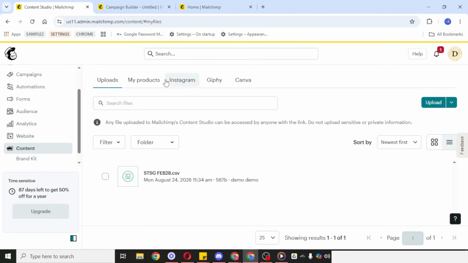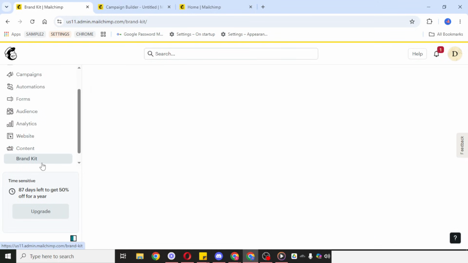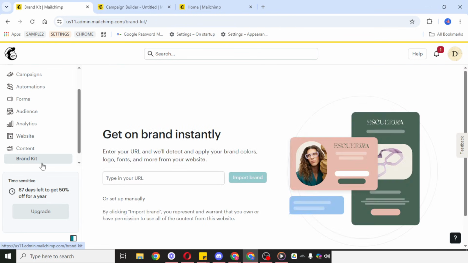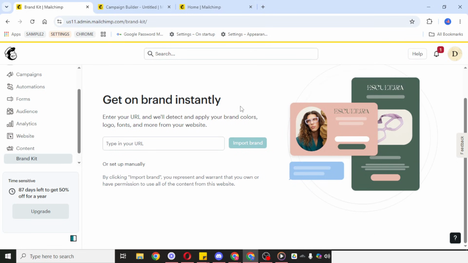One of the fastest options is to paste your website URL into the provided field. MailChimp can use your site to pull in visual details, such as your brand colors, logo, fonts, and overall style. This can save a lot of time, especially if you already have a website that reflects the look of your business or project. After pasting the URL, follow the prompts on screen and let the tool begin analyzing your brand